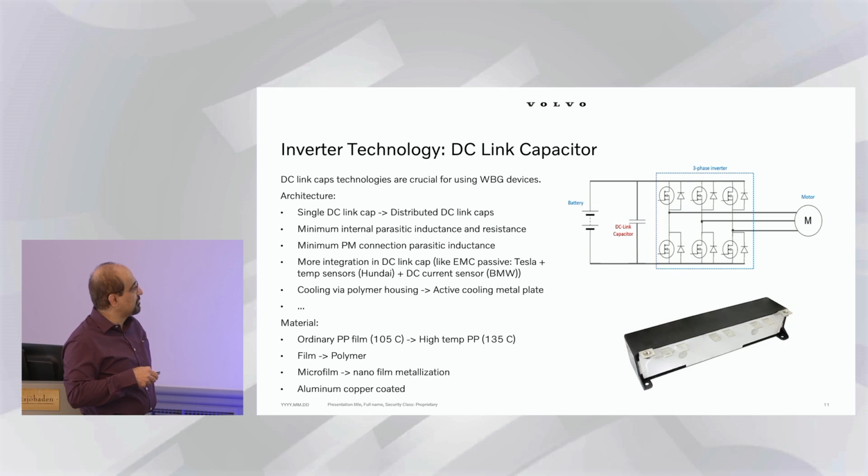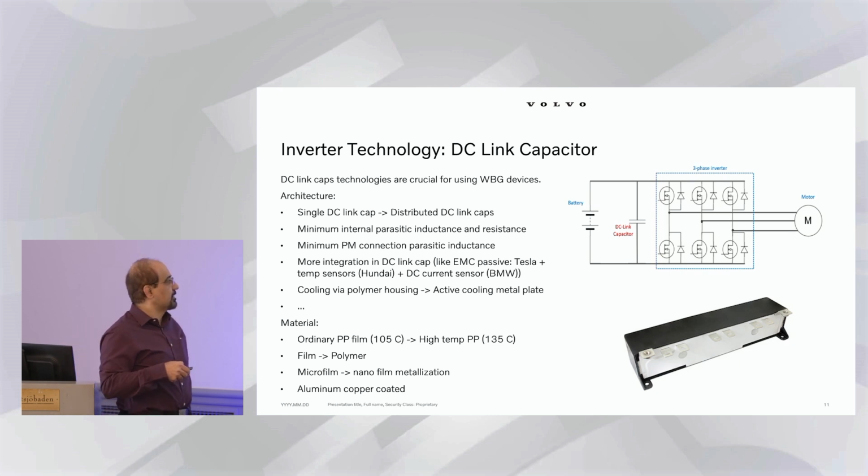We need to replace film. We go from the film capacitor to the polymer capacitor, that we have tested, and that is very, very good and promising. Microfilm to nanofilm metallizations. Before we had a microfilm, now recently we have a nanofilm plus the dendrites, which have a much better